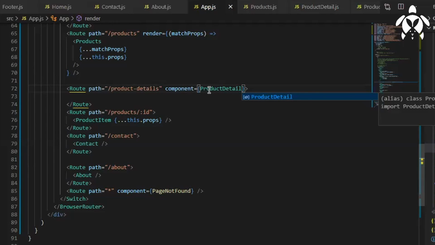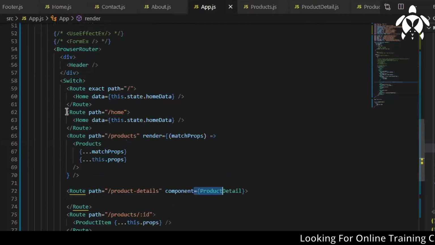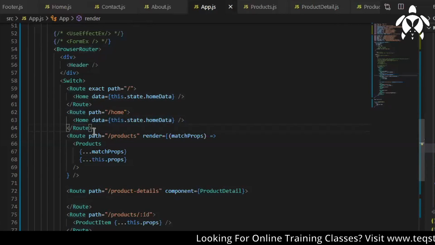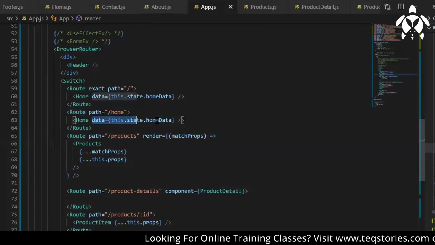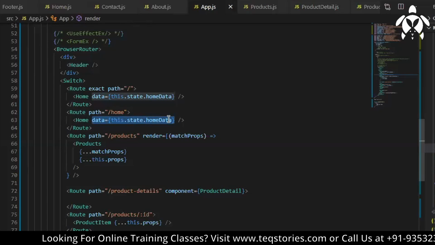So how will you pass the props? How will you pass the home data in this case? What I did, I wrapped the component inside route. So inside route, now I will be able to pass the data. See, in this way, data equal to this.state.homeData.